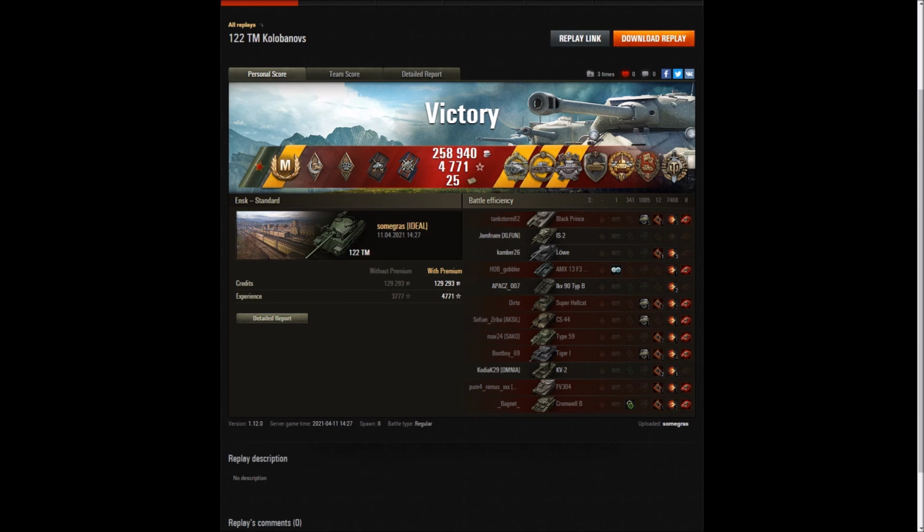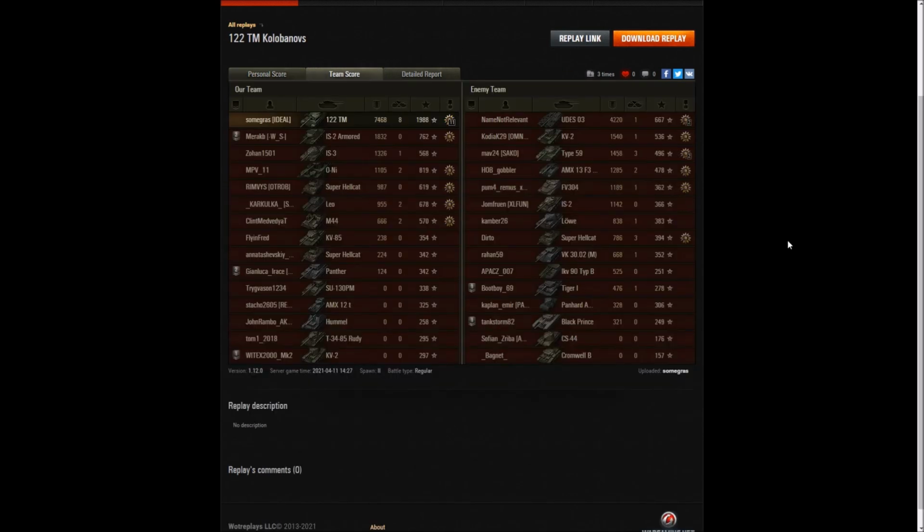Silly numbers are silly, so let's have a look at some of them. 7,468 damage done, 8 kills, 1,988 base experience, and in case you weren't counting, that is a total of 11 ribbons and medals and whatnot. Yes, that's quite a lot. For those of you who can't be bothered to do some counting, Sumgrass's damage total there of 7,468, I'm just repeating that in case you need it to be repeated,